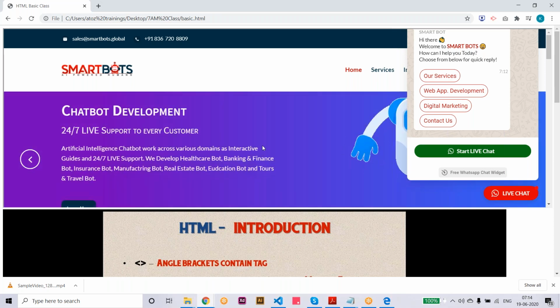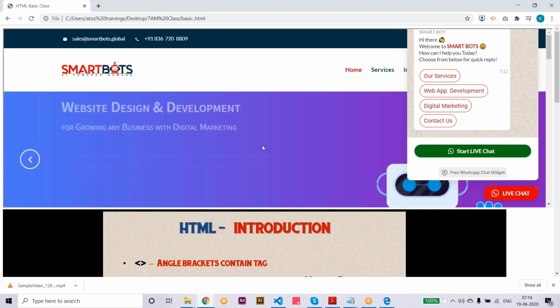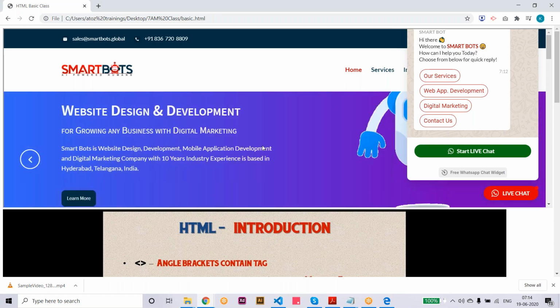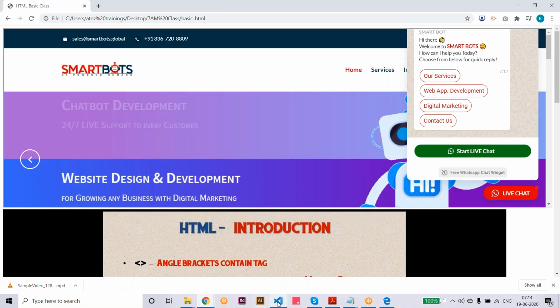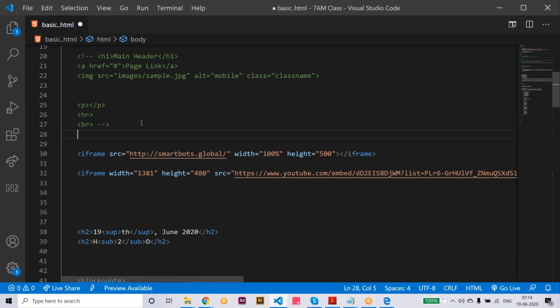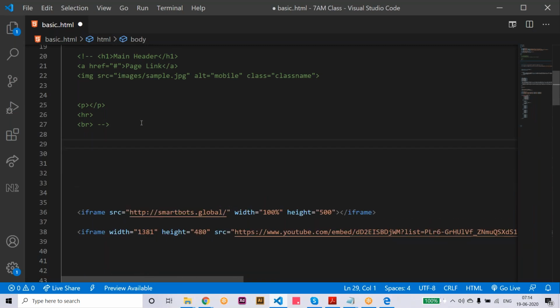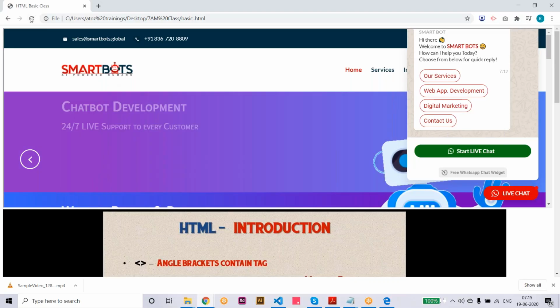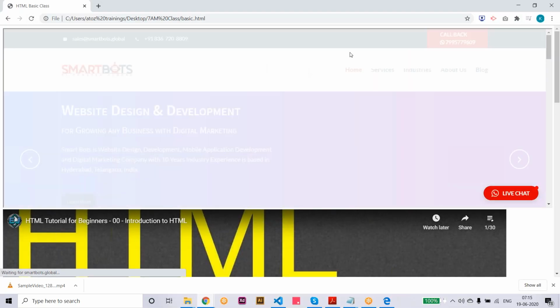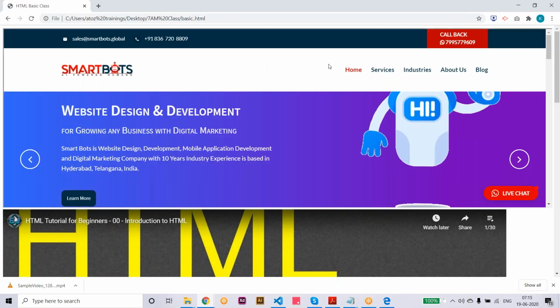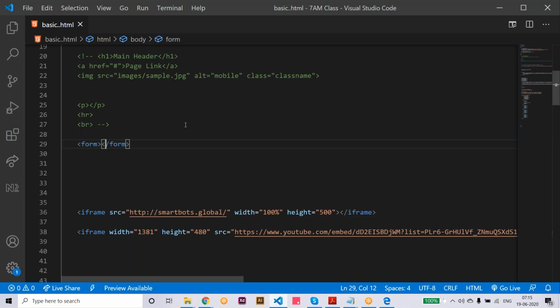Inside the forms: labels, text boxes, radio buttons, check boxes, drop downs, all these form elements. So here first I'm going to create one form tag. This is the form open tag and close tag. For the form tag alone, nothing appears on the HTML page. Inside the form tag,